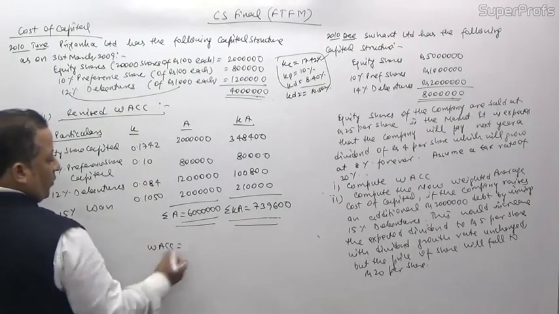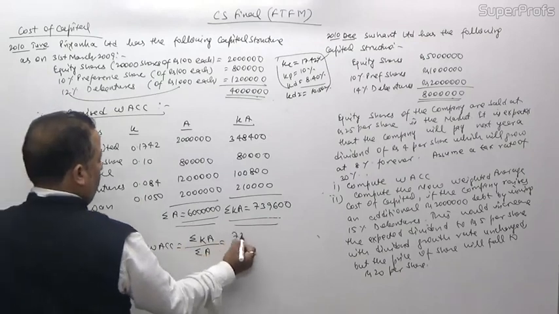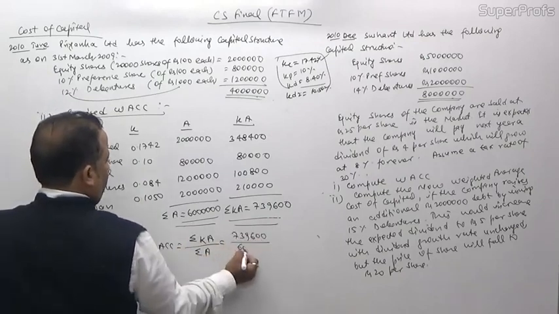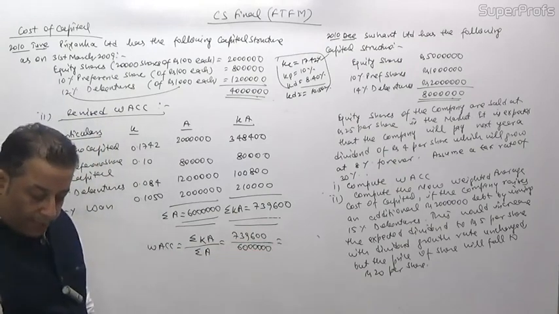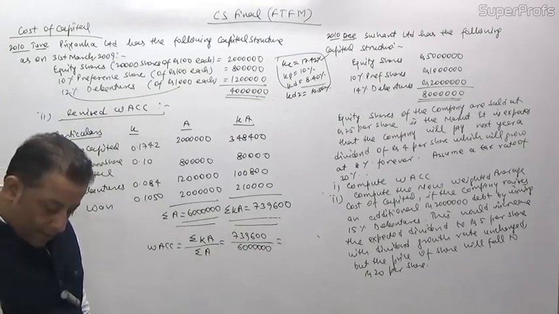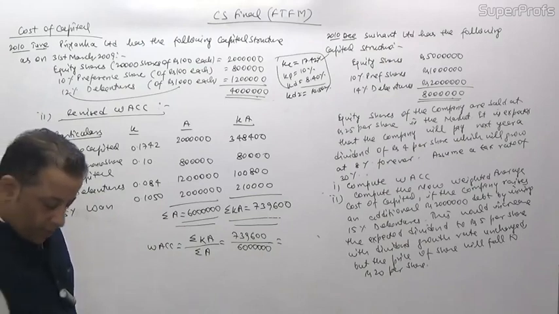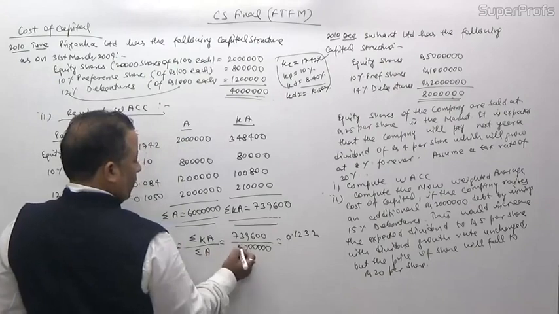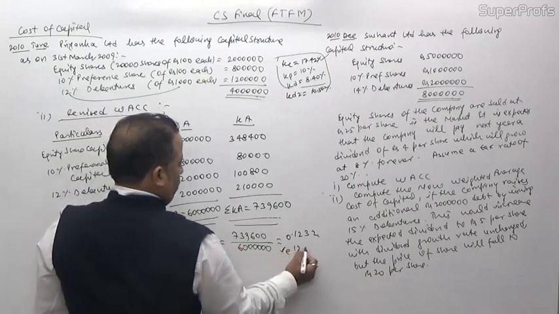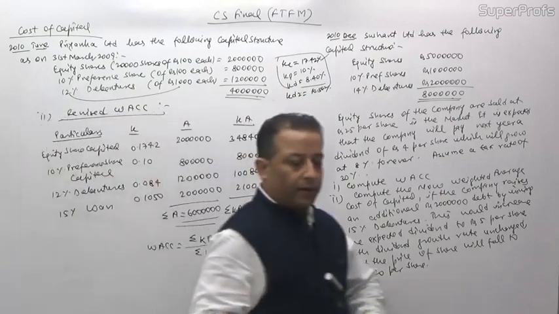And the weighted average cost of capital, sigma K A divided by sigma W, is 7,39,600 divided by 60 lakh, the new capital structure amount. That is 0.1232, that is 12.32%. So the revised weighted average cost of capital